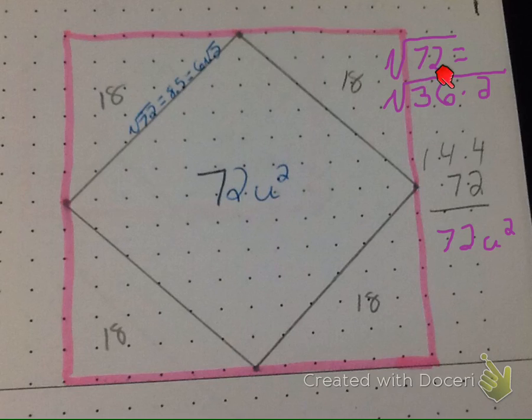Well, what's the square root of 36? It's 6. And I can't do anything with this 2, so I finalize this to be equal to 6 times the square root of 2. So, simplest radical form,